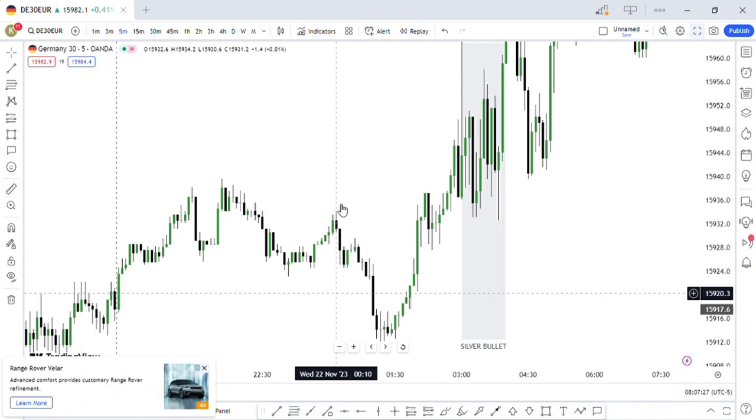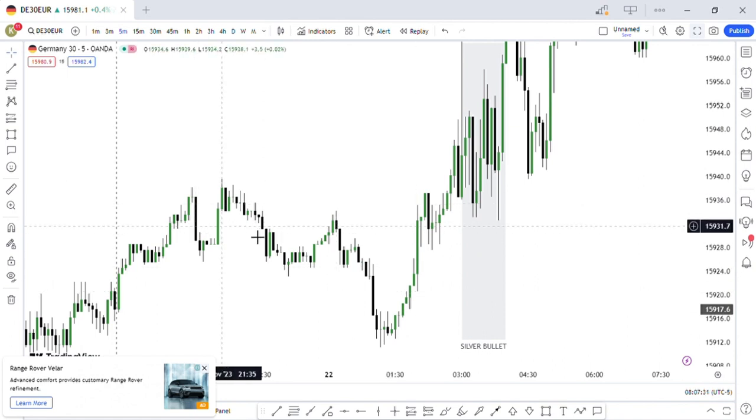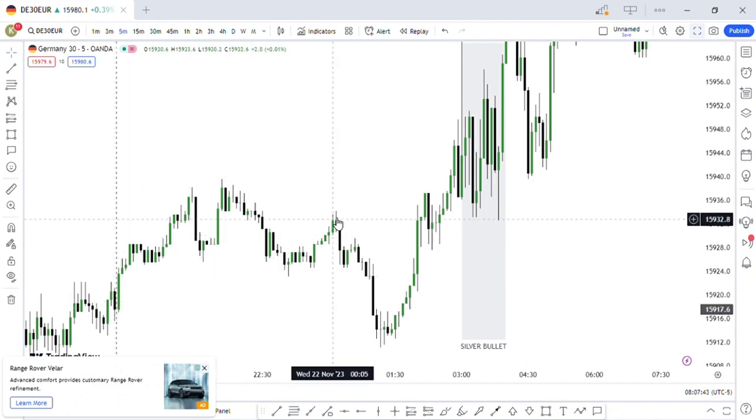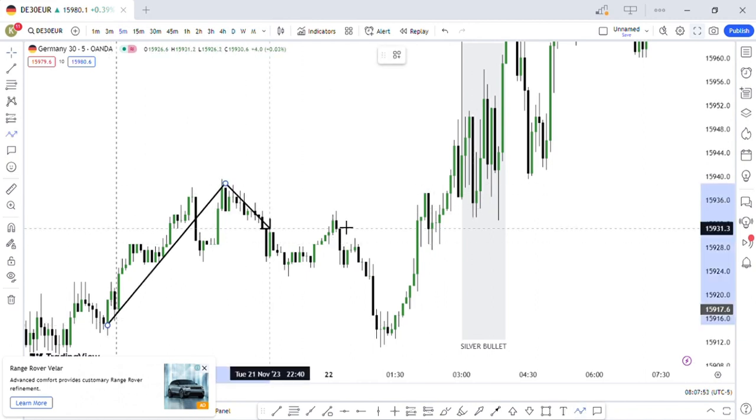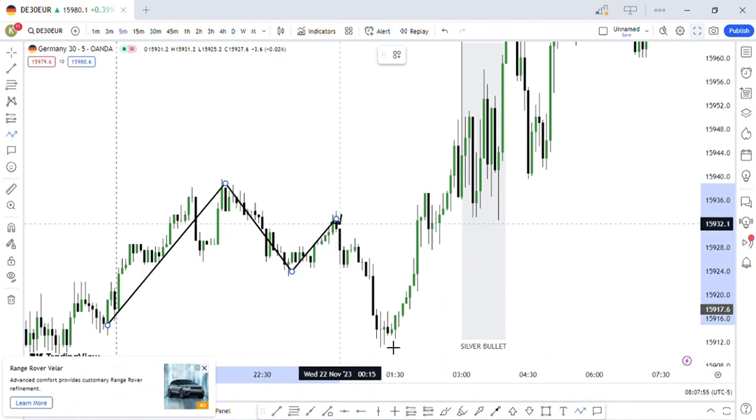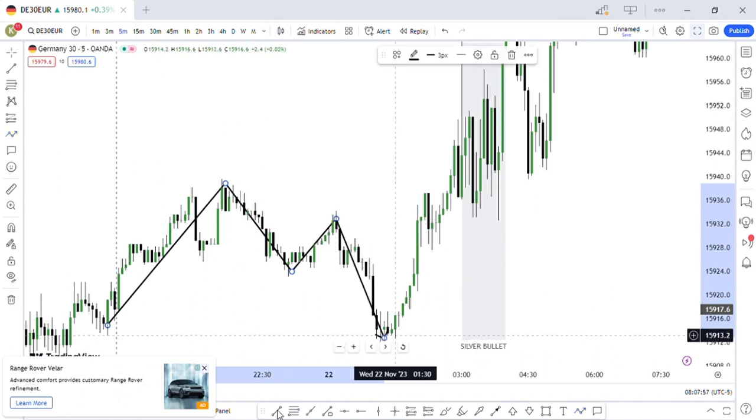From the previous price action, you realize that the market is a bit on the 5 minute time frame. The market was very high because we have this high, this low, this high, then we have this low, then we have this higher low, then this lower low. So the market is bearish, making lower lows. I mean, making... we have this break of structure.